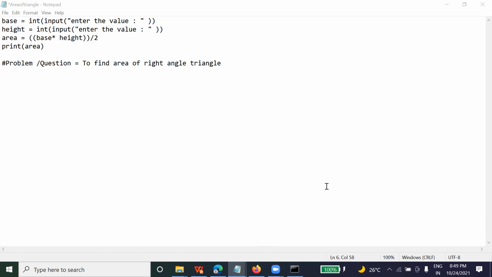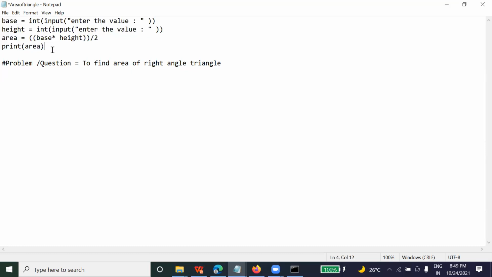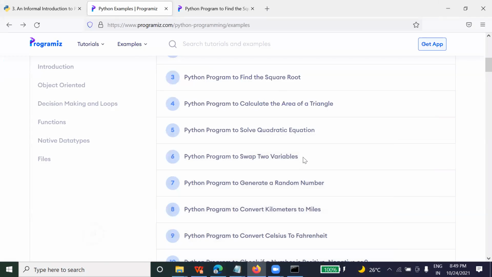Is it clear to you? Can you explain this program? What are we doing here? We are trying to figure out the area of the object, and we are trying to find the object's base, height, and then the whole area. So this program is for what? To find the area of a right angle triangle. Okay. So let's try another program.